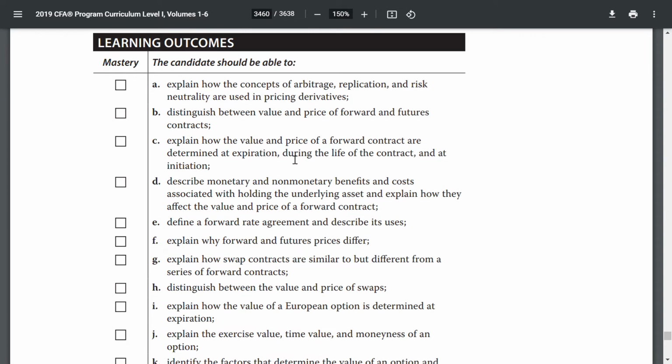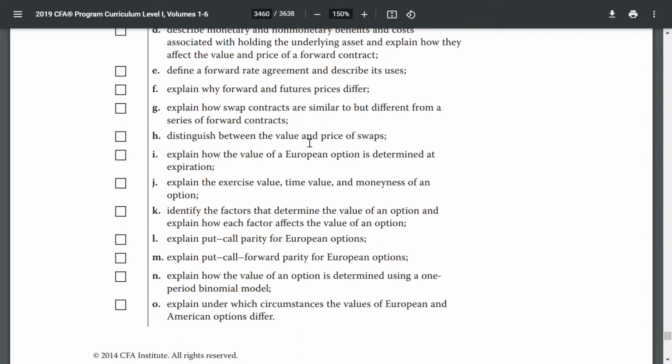are determined at expiration, during the life of the contract, and at initiation, describe monetary and non-monetary benefits and costs associated with holding the underlying asset, and explain how they affect the value and price of a futures contract, define a forward rate agreement and describe its use, explain why forward and futures prices differ, explain how swap contracts are similar to but different from a series of forward contracts, distinguish between the value and price of a swap, explain how value